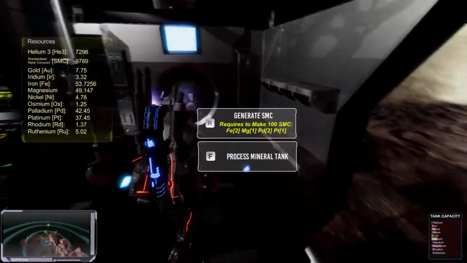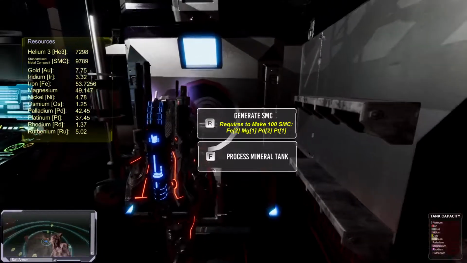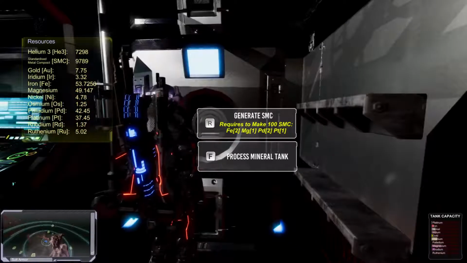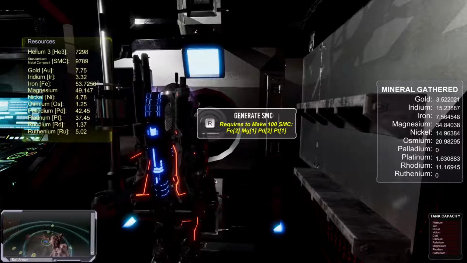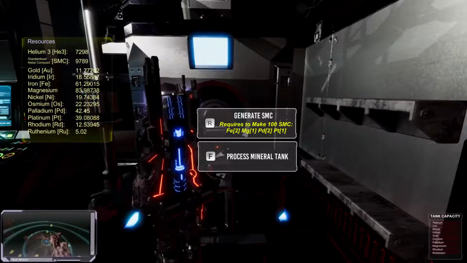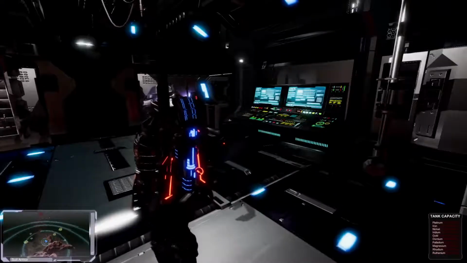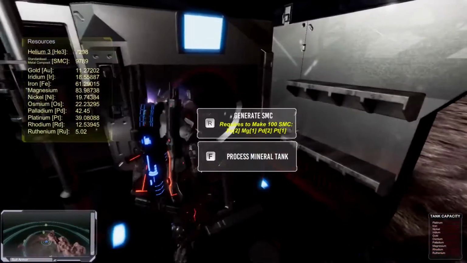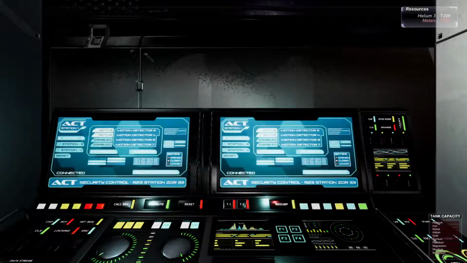So now that I have all the minerals, I'm going to go ahead and cash in into this mineral tank. As I walk up, the resource screen pops up, showing me what I have already. I'm going to go ahead and process it, and in a few seconds it will update what I have. There we go. And I can also press R. It says generate SMC. That brings you to another topic. What is SMC? SMC stands for Standard Metal Composite, which is basically what you're going to need when you go into